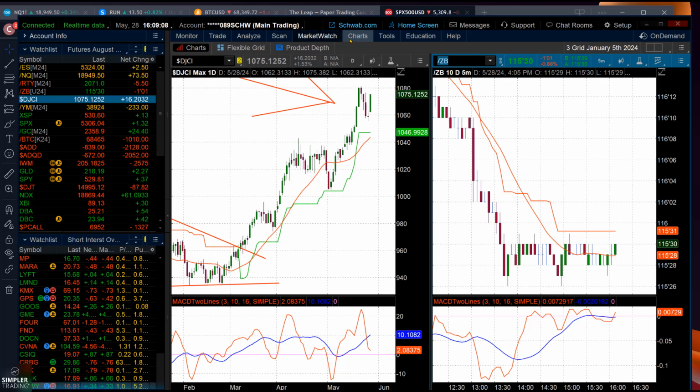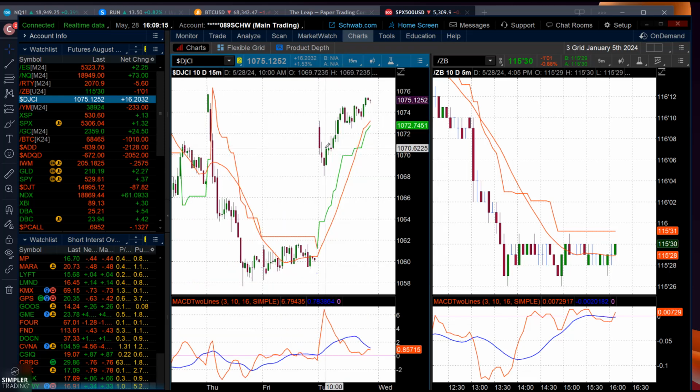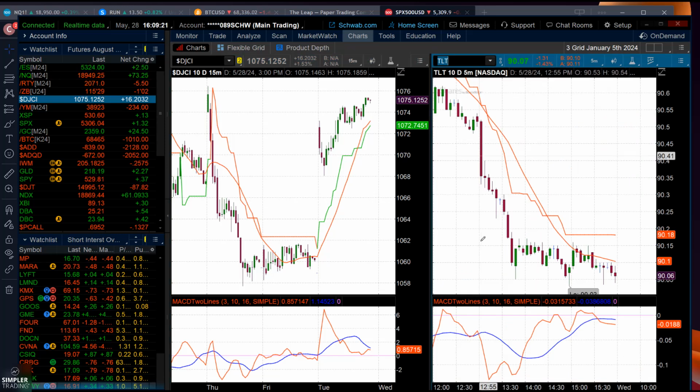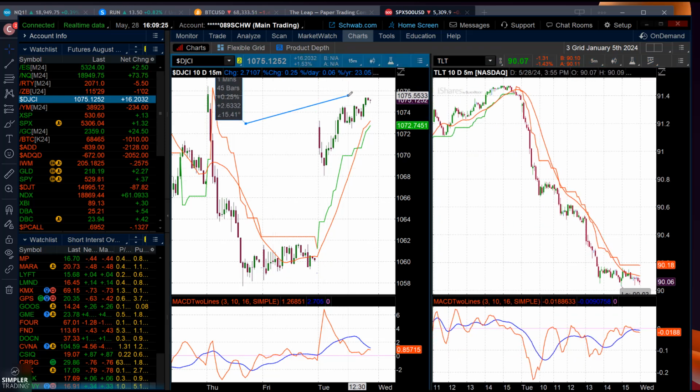What's this about? It's about correlations. On the left is the Dow Jones Commodity Index, a basket of commodities like crude oil. And on the right is the TLT, the 20-year bond. What happened in here is the higher this goes on the left, the less likely it is that this is going to have a break up.